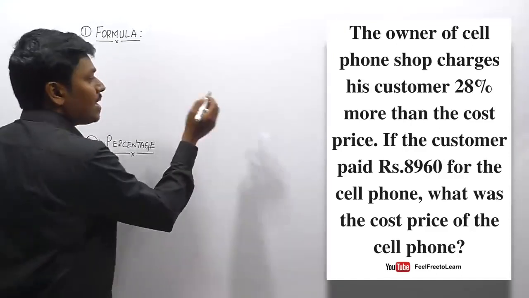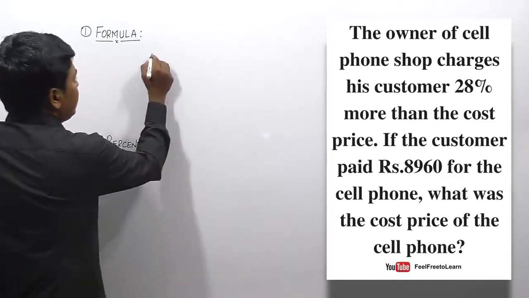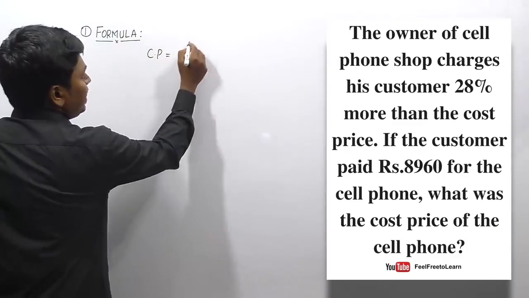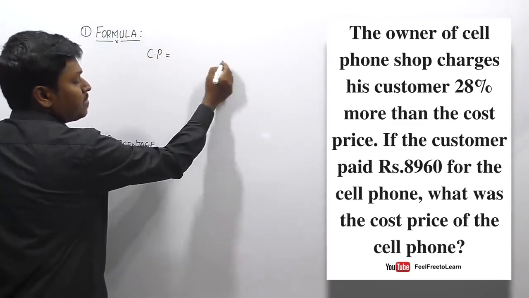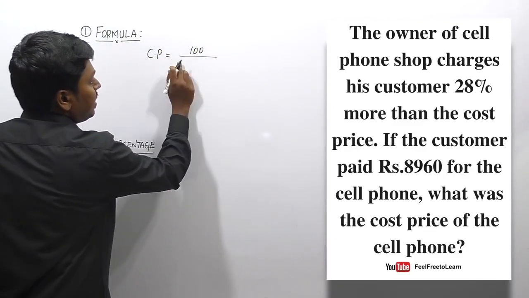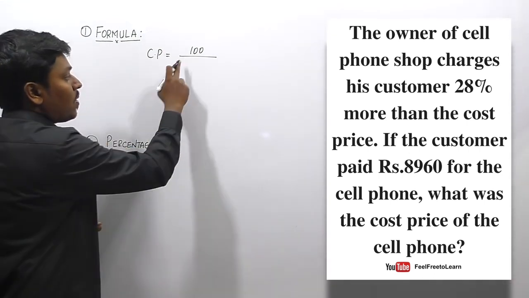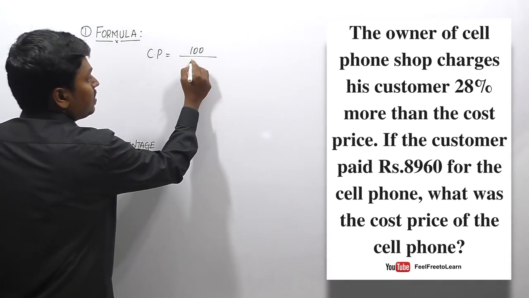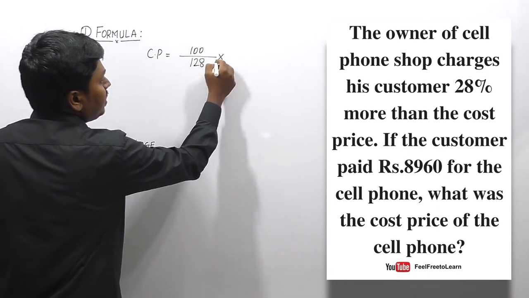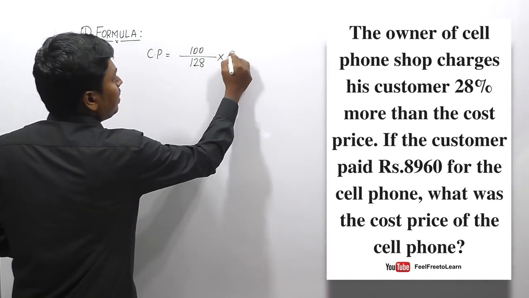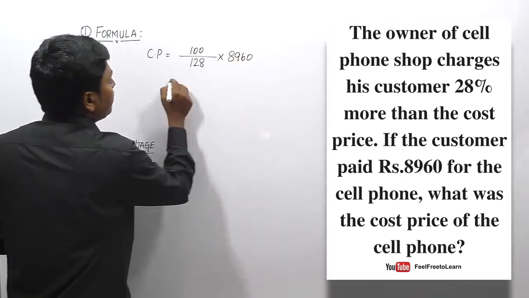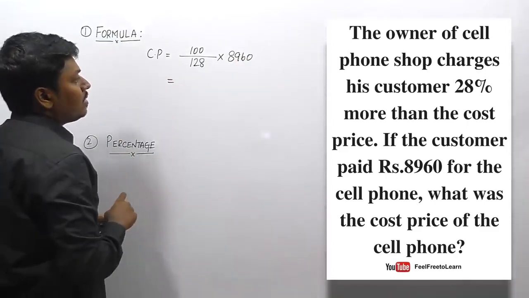So friends, here our target is to find the cost price, that is CP, which is equal to 100 divided by 100 plus profit percentage. So 100 plus profit, which is 28, so the denominator will be 128, into the selling price of the mobile phone, which is 8960. So friends, when we cross-cancel this, I think